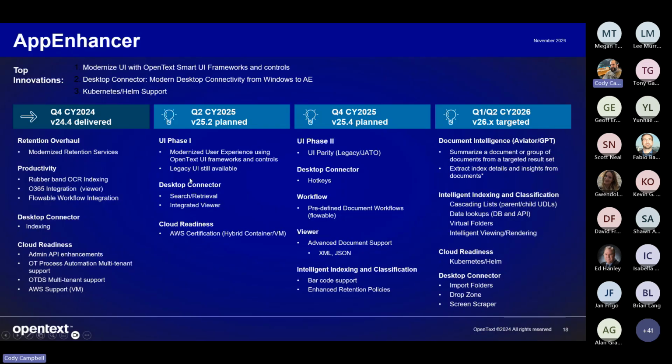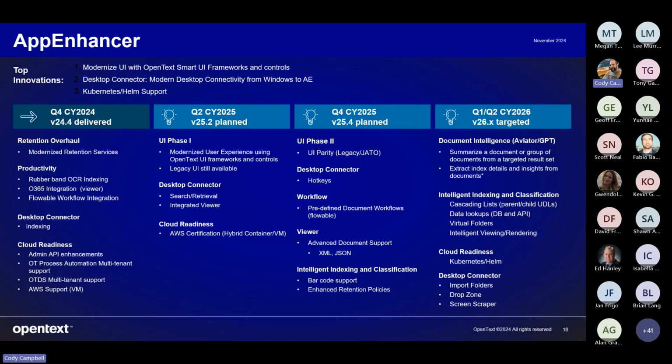Yeah, so that's with the connector today. The UI phase 1 work, which is again the core frameworks for JDO, is now there. It's running in the new AppEnhancer web client. I know it's a web server, but it's a web client because it's a client to our unified web server, and that still allows you to have the entirety of the web access applications sit independently with this. Yet they can share certain elements for sessions because they're on the same server, so that we don't have to pull a new license if we have to switch to the old UI.